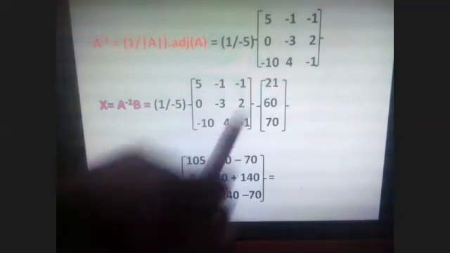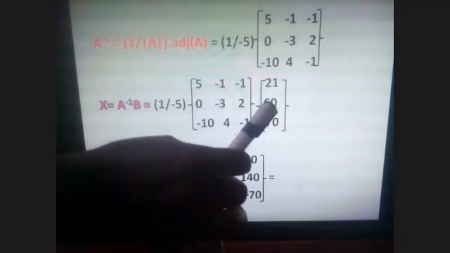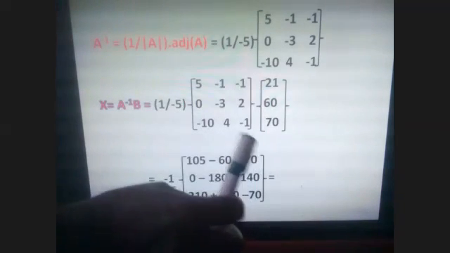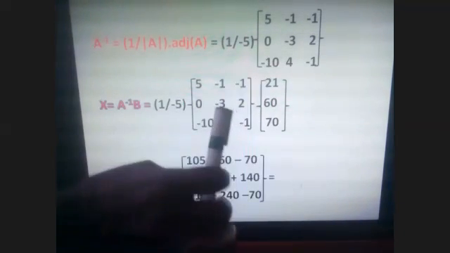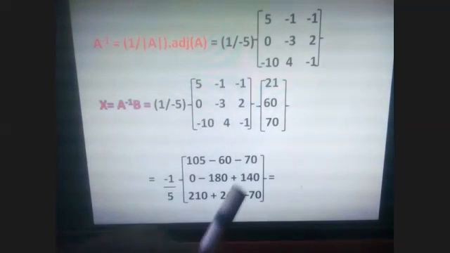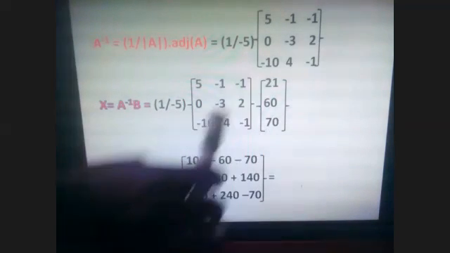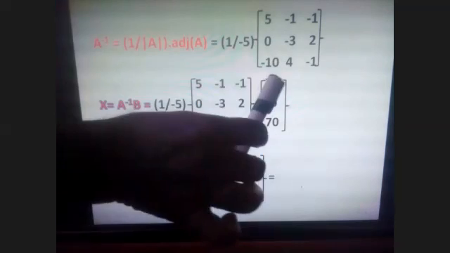5 into 21, that is 105. Minus 1 into 60, minus 70. Second row, 0, minus 180, plus 140. Minus 200, minus 10 into 21, that is